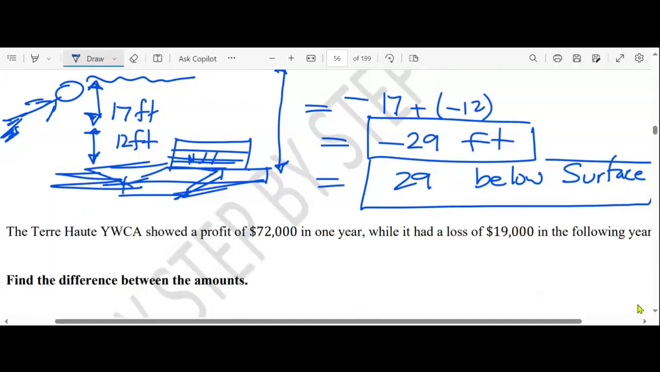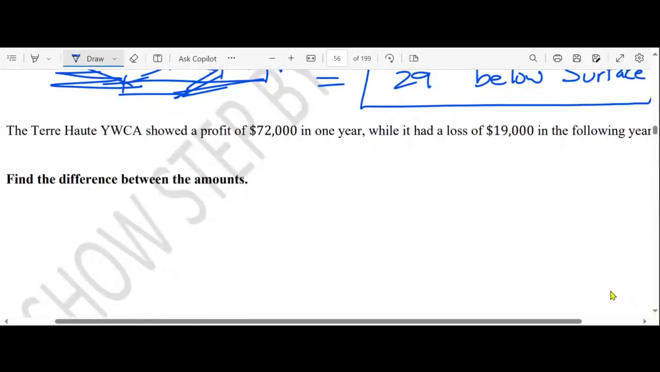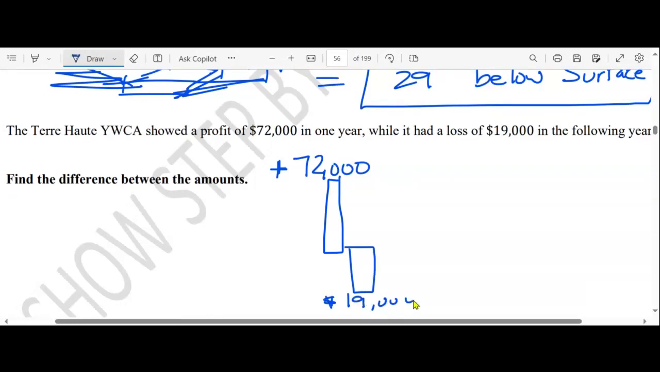I need someone to read. Please read. The theory out YWCA showed a profit of $72,000 in 1 year, while it had a loss of $19,000 in the following year. Okay, continue. Find the difference between the